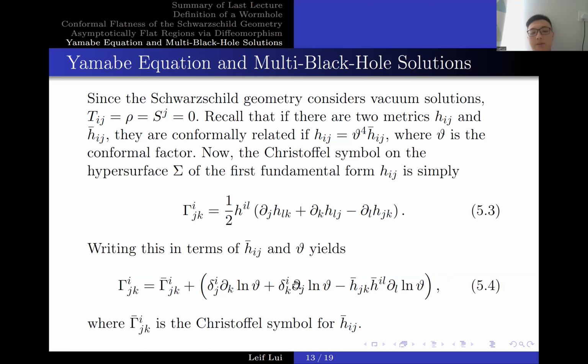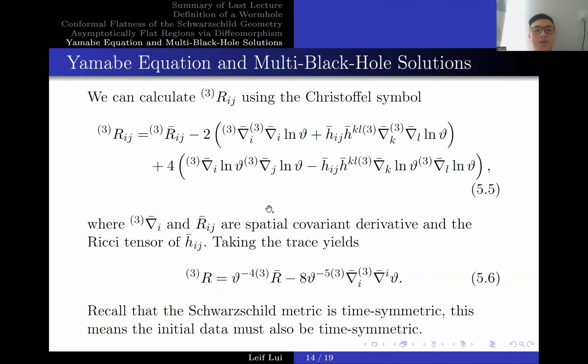And we can see that we have a lot of Kronecker delta functions, and we have some natural log of the theta component. So this equation is, well, if we compute the Ricci tensor later, it would be quite ugly. But after a lengthy calculation, we know that the Ricci tensor